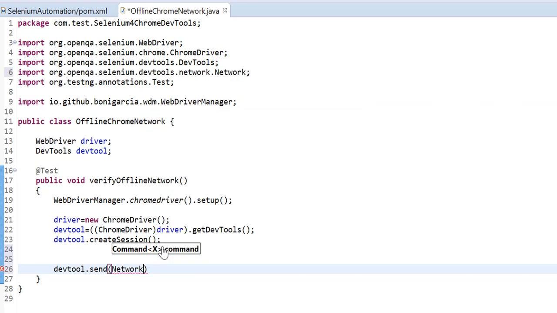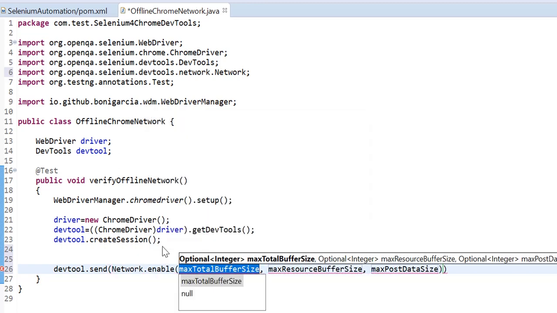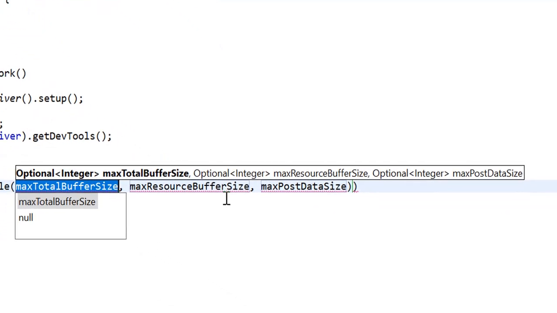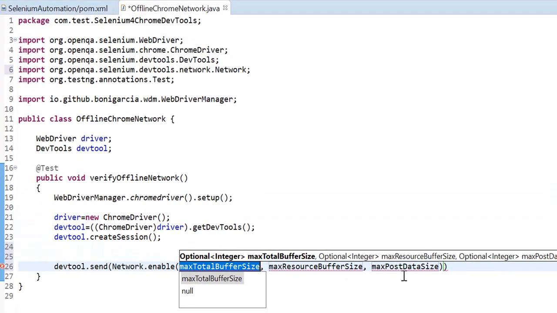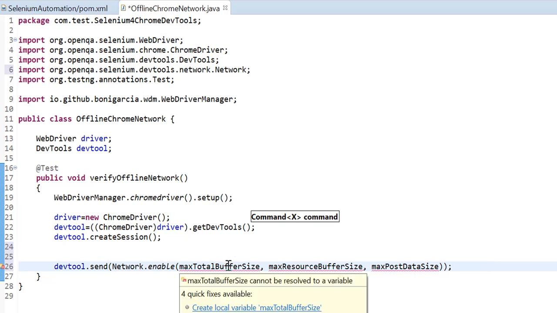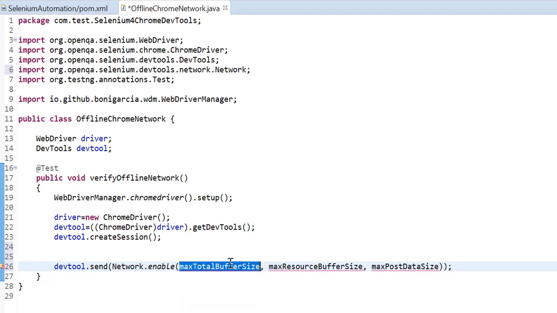This is coming from devTools, Network.enable, and when we are using this method, you can see we have to pass three parameters: max total buffer size, max resource buffer size, and max post data size. These are optional, we can see the optional type here.